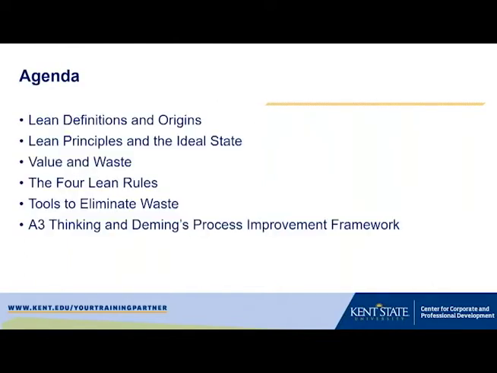Before the agenda, we want to cover some of the operational definitions of lean, a little bit about where lean came from, some of the keys to success for lean, and from there we will talk about what that means, what the principles are, and this thing that we talk about as the ideal state or the true north condition. And in order to understand what that means, we want to cover what value and waste mean to us in terms of lean thinking, and applying the 4 lean rules, also known as the Toyota production system, allows us to deliver or get closer to that ideal state.